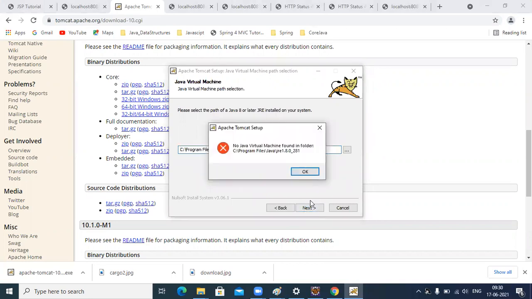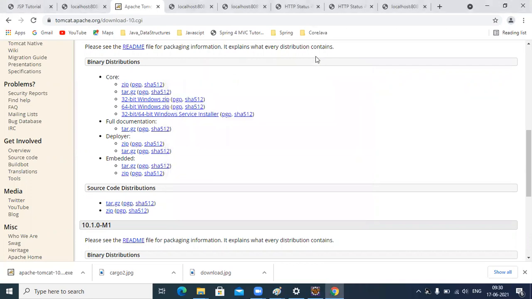I have a different screen. Sorry, which system are you using? Is it Windows or Linux? It's Windows. You are getting a different screen.